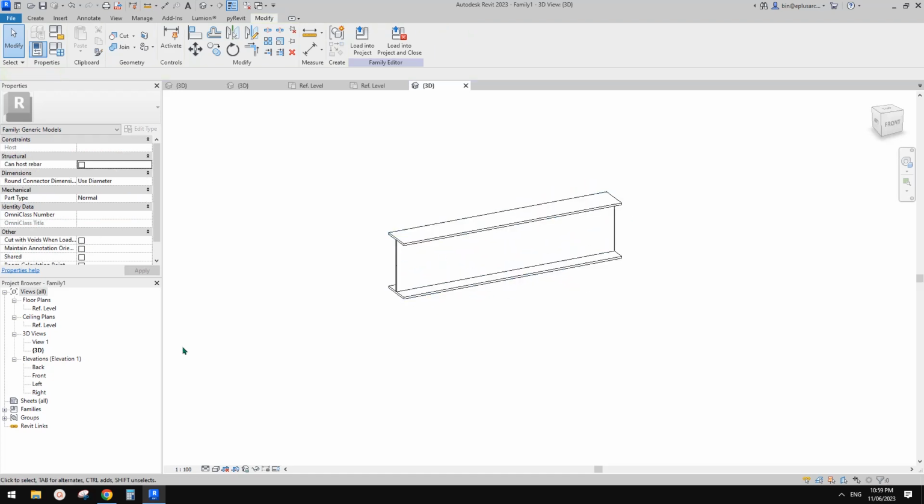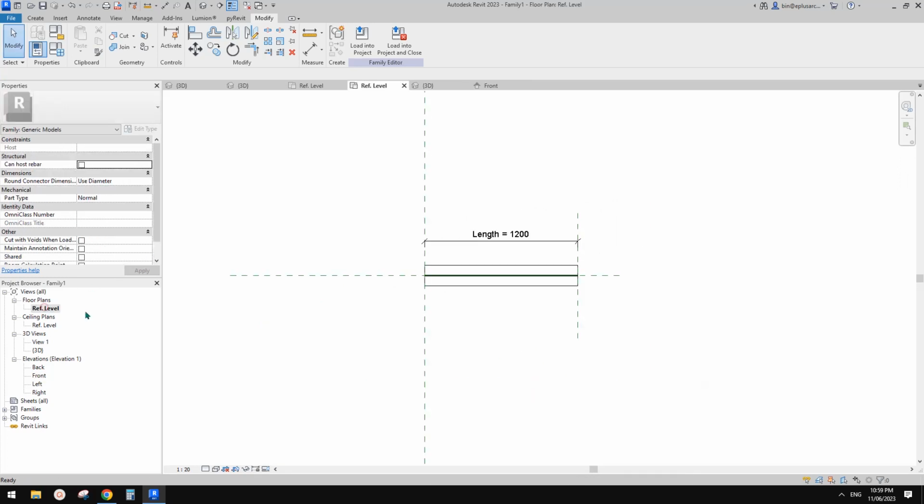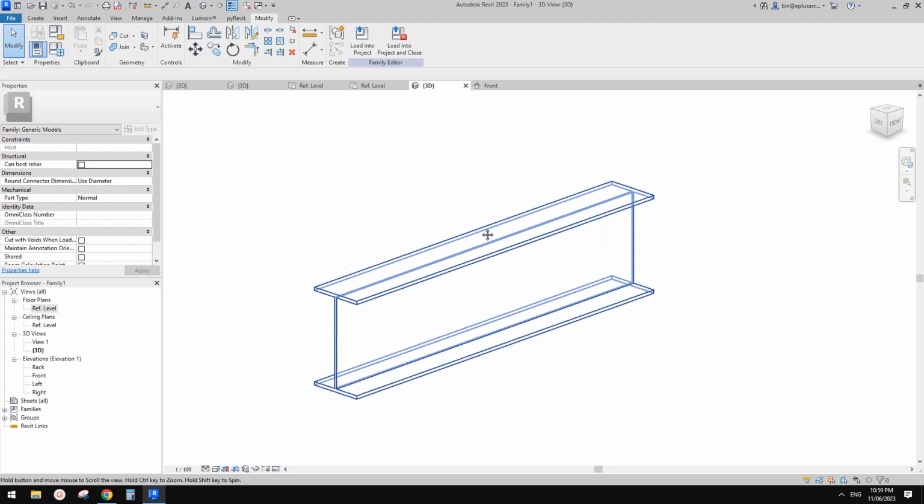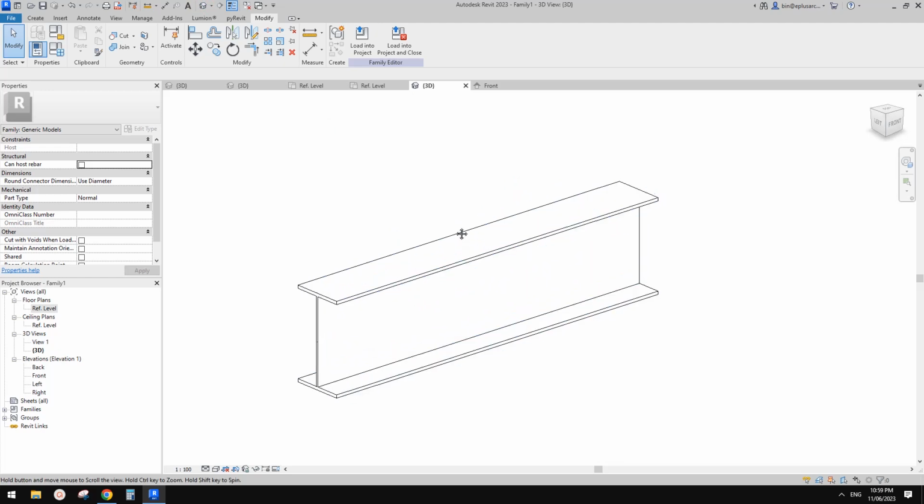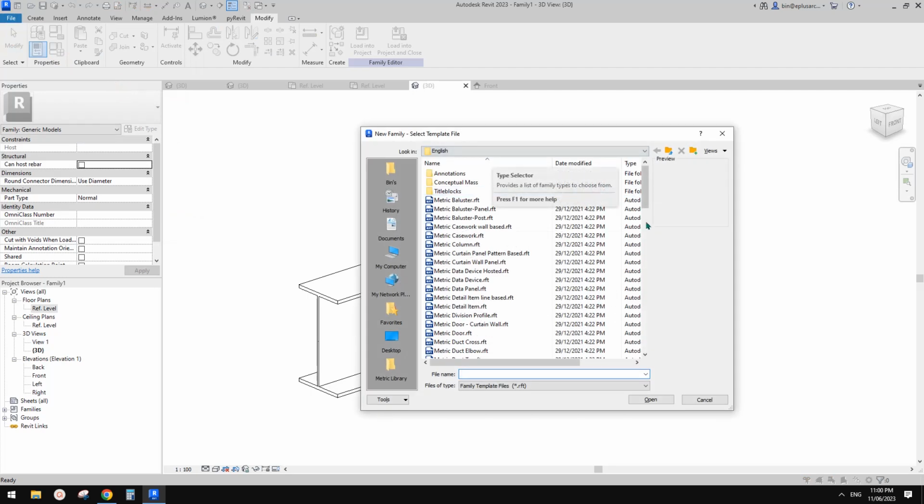And then the next is very similar. You just go to add elevation or floor plan and add a reference plane, and then change. You can also use a swept blend to create those shapes. So yeah, that's another very similar method, line-based family. And also I'll quickly show you. You can also do